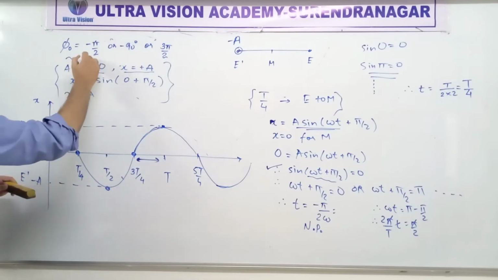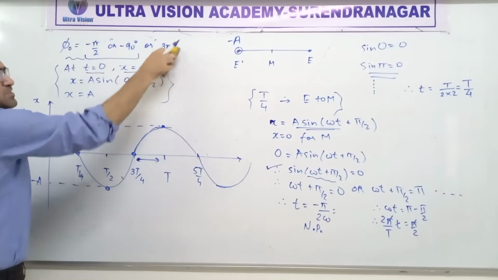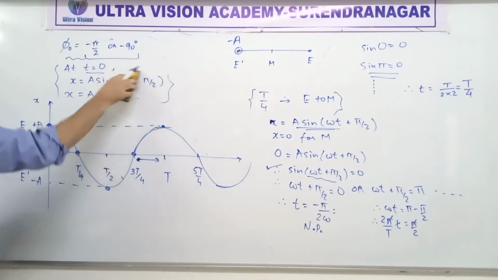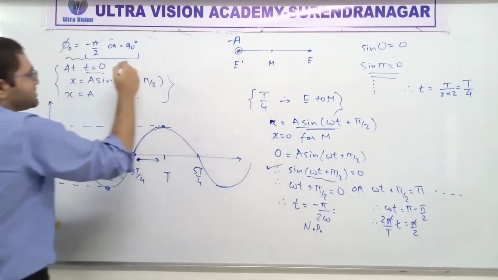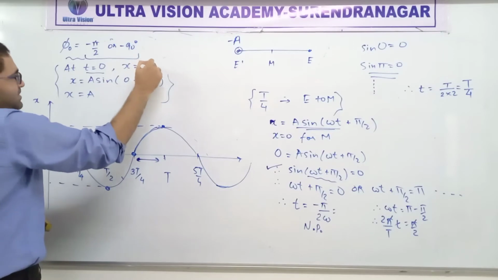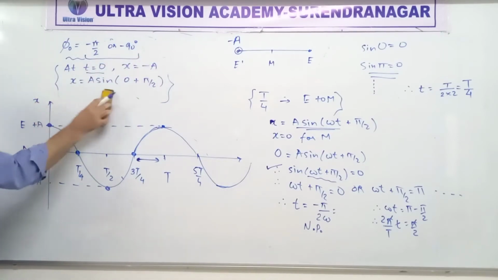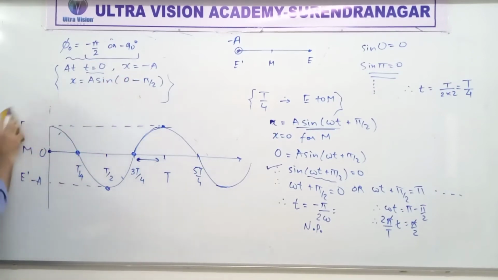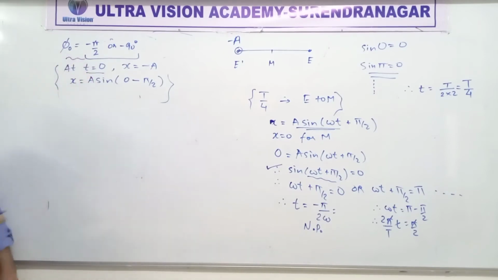Okay, but generally yes, people prefer this. So think about those two only, right? This 3 pi by 2 is just optional. You could have it, but there is no need to write it. Well, so at t equal to 0, where is the particle? It's going to be at x equal to minus a. Is that clear? At t equal to 0, the particle will be at x equal to minus a. Reason over here. Understood? Reason also clear?